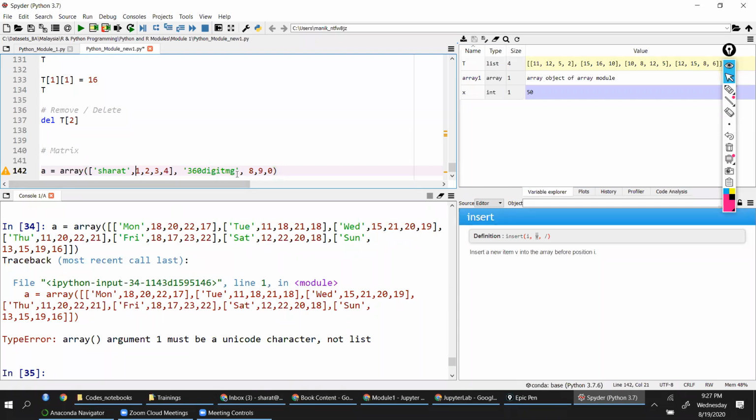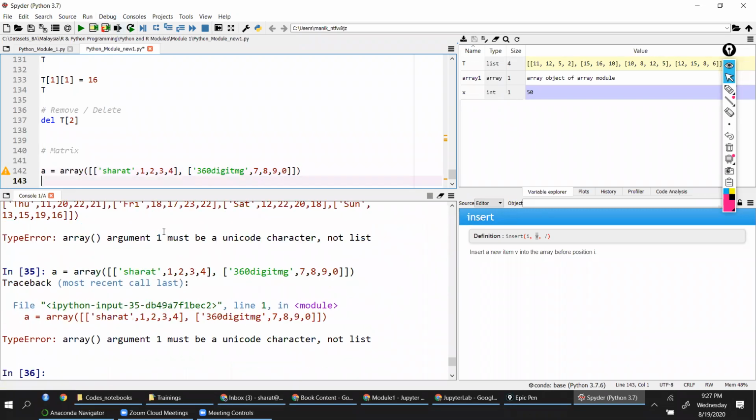And I need to have one more value. So this is 7. Same length, right? So I'll put a square bracket here, I'll put a square bracket here, and then I'll put a square bracket here. All right. So let's see.